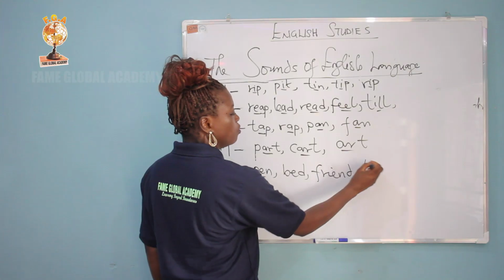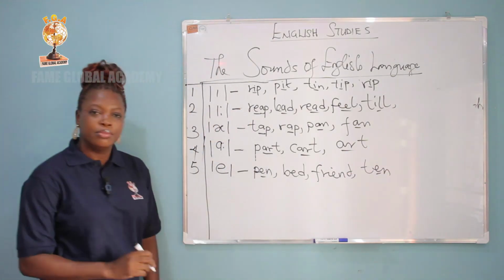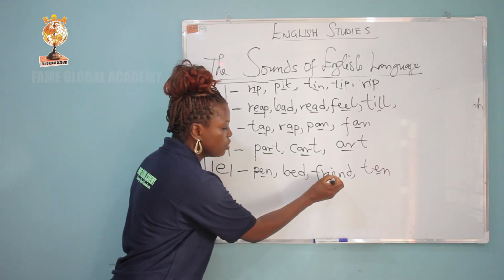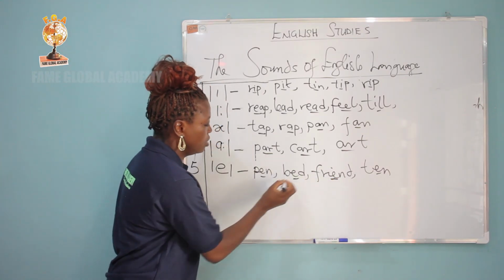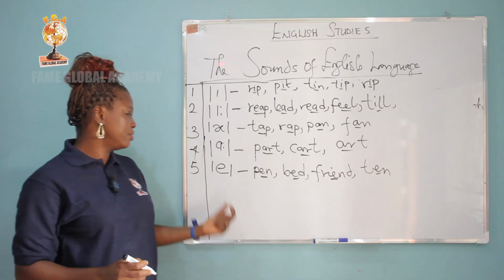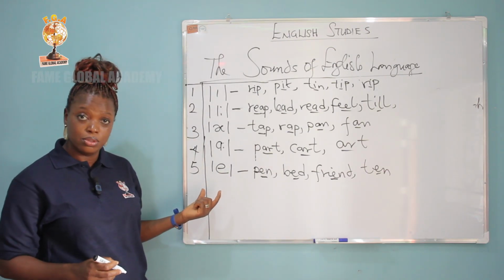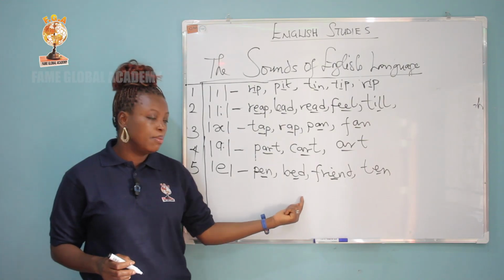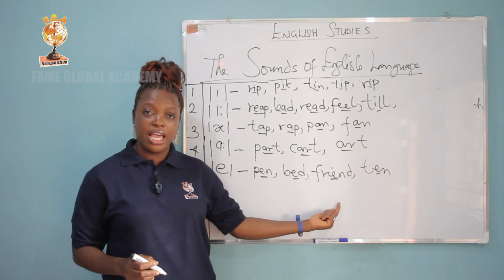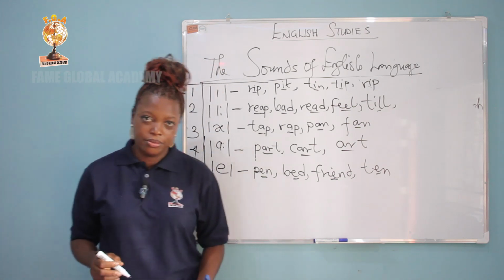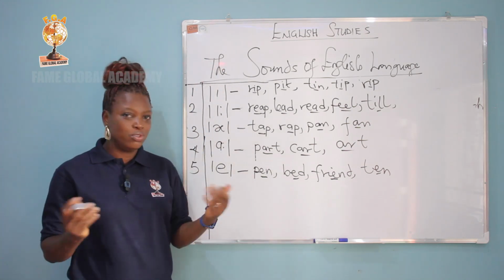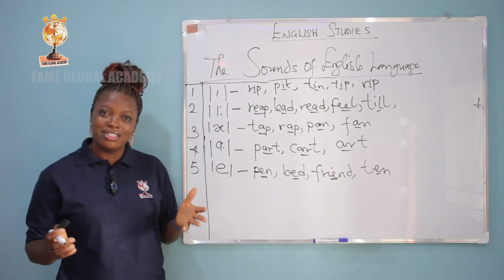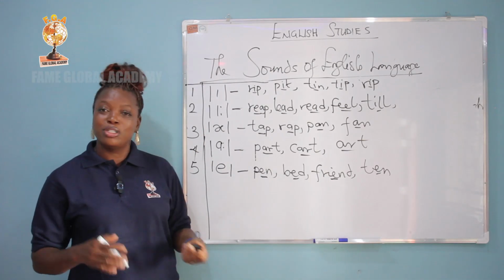Okay, let's add one more, ten. So each of these words has the A sound. Pen, bed, friend, ten. So you can see that it's not too difficult. There are things that are very simple and easy